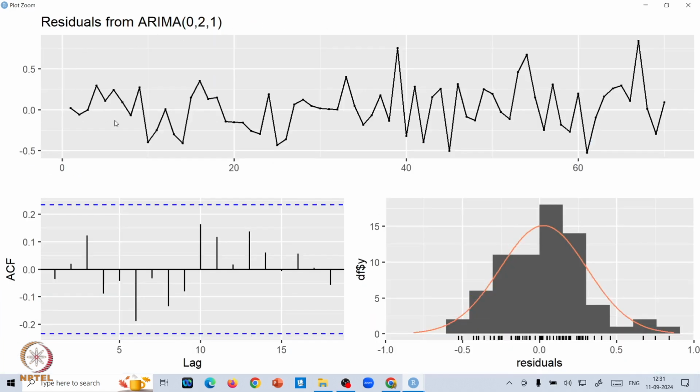Initially you can see the behavior of the residuals, probably exactly what we saw a short while back. It says here, residuals from the fitted ARIMA model of these orders, 0 to 1, and then here you see the ACF of the residuals, and here is a check for normality.